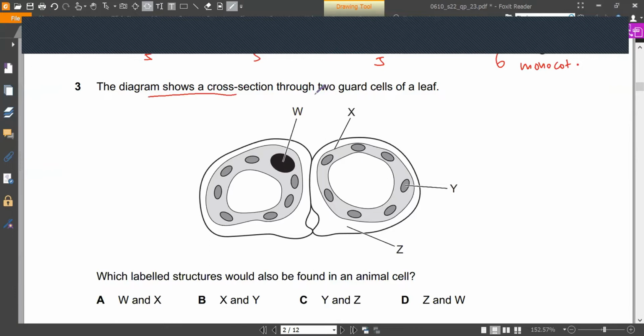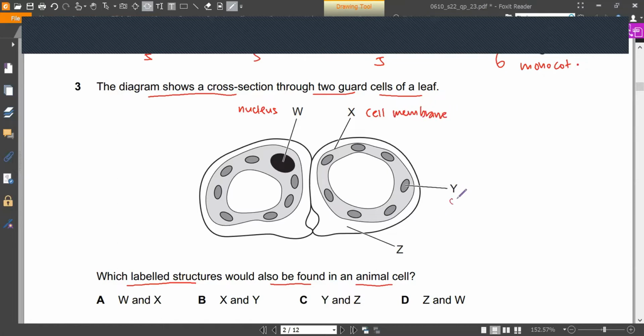The diagram shows a cross-section through 2 guard cells of a leaf. Which labelled structure would also be found in an animal cell? So we want to know structures that are common to animal cells and plant cells. This one will be straightforward, right? So we know that we have the nucleus here, cell membrane,